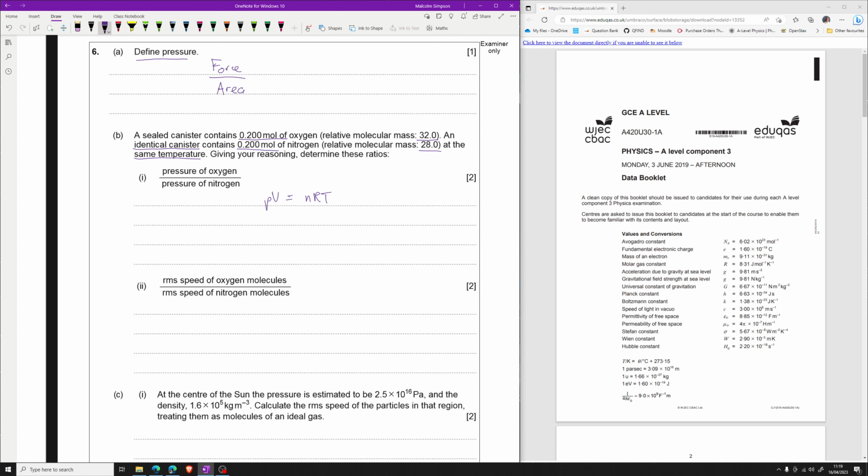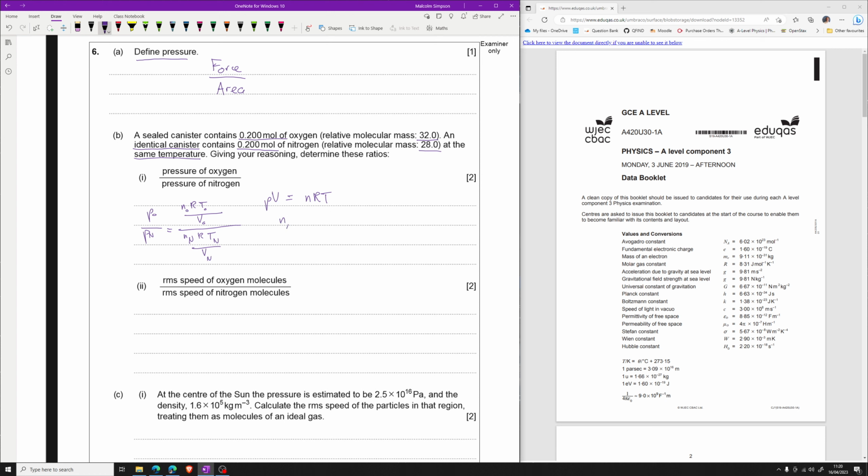And therefore I can write that expression as P oxygen over P nitrogen must be equal to the number of moles of oxygen times the gas constant times the temperature of oxygen divided by the volume of oxygen, all over the number of moles of nitrogen times the gas constant times the temperature of nitrogen divided by the volume of nitrogen, but